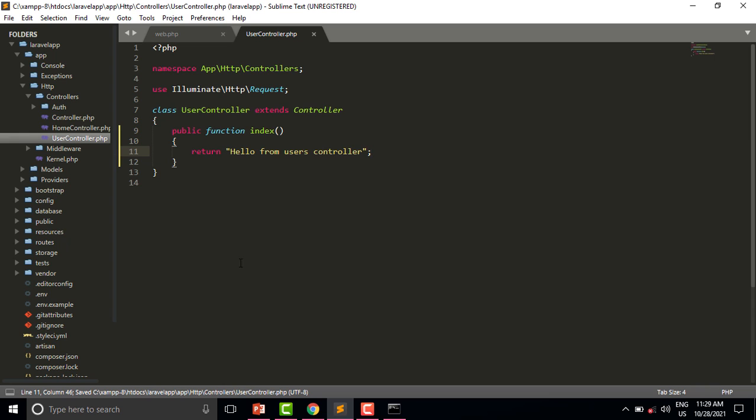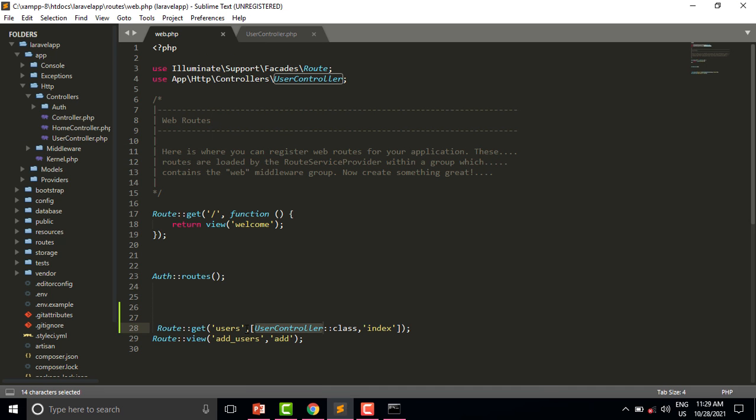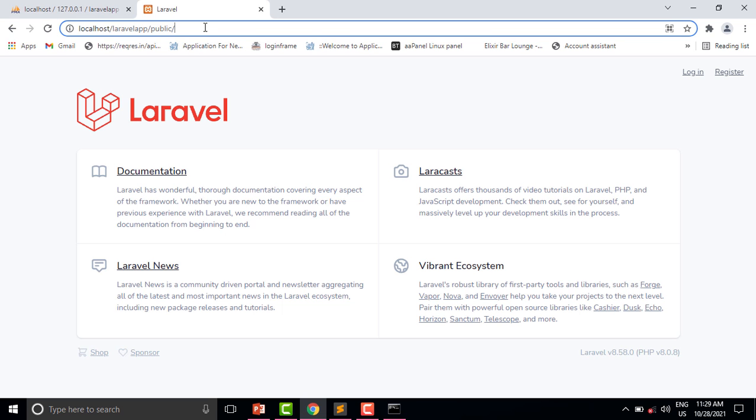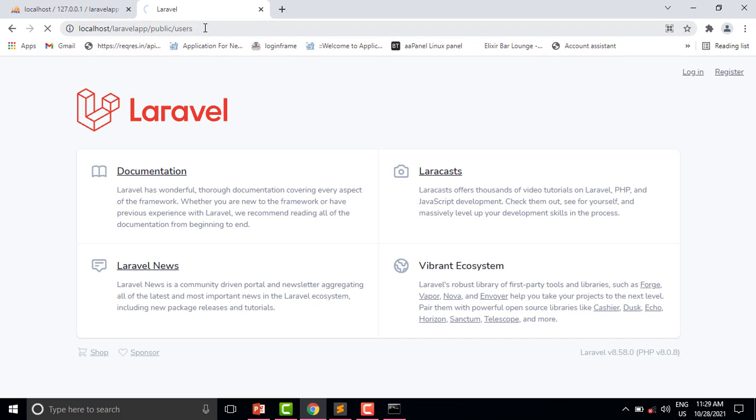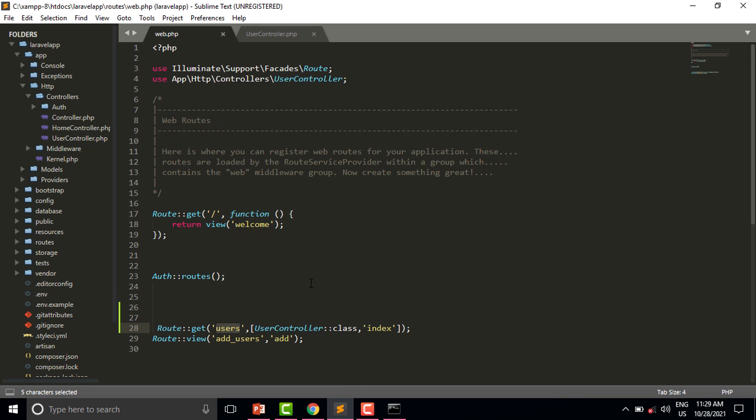Save this file. Users, copy this URL, enter. Now you can see this function is working perfectly.